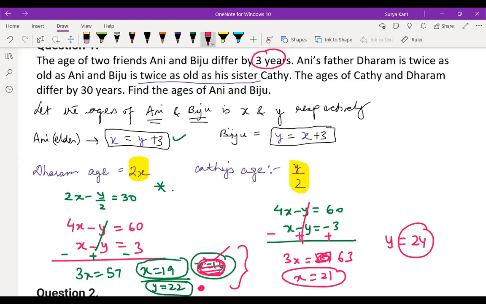But in both the cases, what is happening, children, you know? One thing I'm just considering over here: in one case x should be lesser, no? In both the cases, x is lesser and y is more, correct? You have observed this. In both the cases, x is less and y is more, correct? Yes, sir. But that should not be there, right? Yeah, that's why the answer given here is 16. In one case Ani should be elder, and in one case Biju should be elder, right? In that way, you should solve.